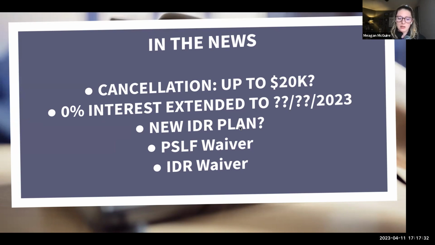So I think that's a big benefit for a number of different reasons. It makes your effective interest rate less if you look at it that way mathematically. So those are two big adjustments. And then it's also going to allow folks to exclude spousal income, which has been the big hang up on REPAYE since it's been out, is that currently it requires you to include your spouse's income in the payment equation. This new REPAYE plan would allow for filing taxes married separately to keep the payments off of just your income. So that's also a very big deal as well.